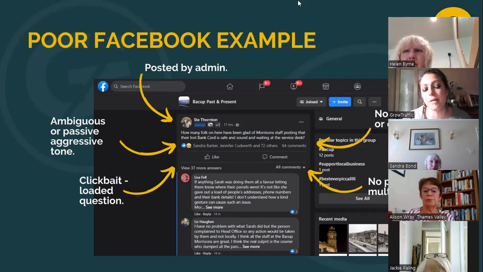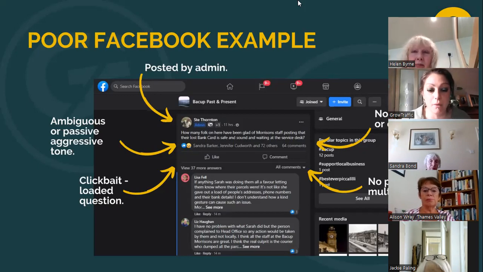It is a really poor example. As we said before, the social platforms now, because they're trying to keep up with each other, all favor what we call rich content. That means they want a photo, or some sort of graphic, or a video. Plain text posts don't really cut the mustard anymore. So this is poor because it's random, for one thing.